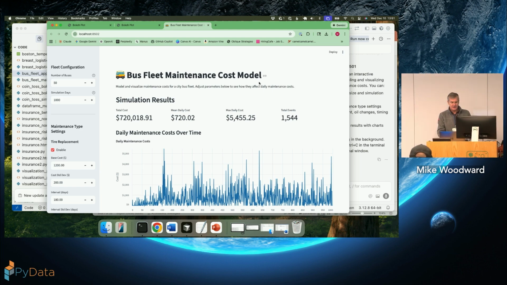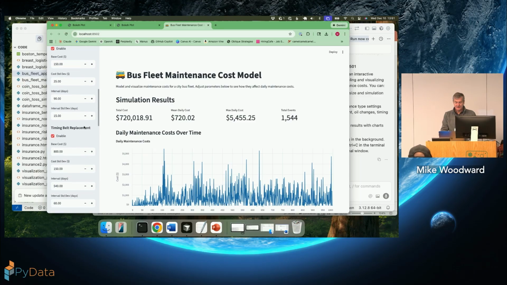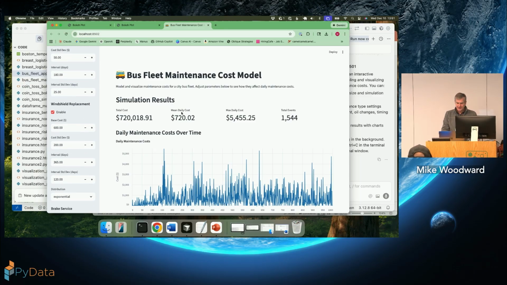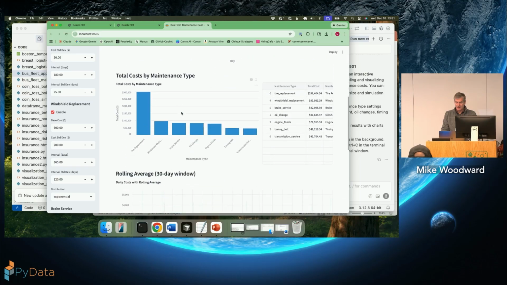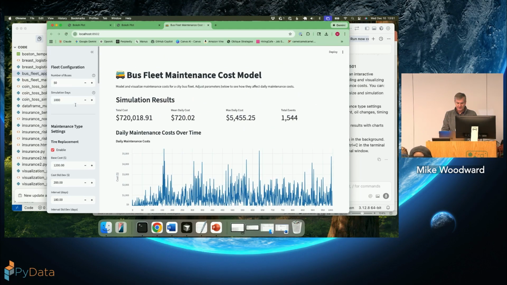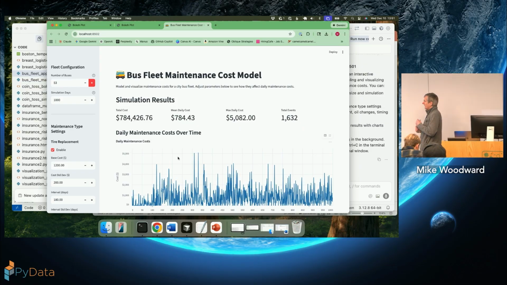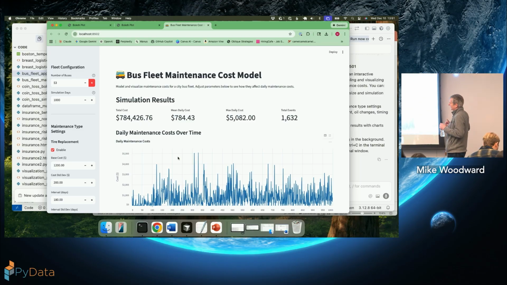On the left-hand side, you can see there are boxes for the various model inputs. And here on the main part, there are all the charts that the model produces. What I can do is things like change the number of buses. So let's make it 52 buses, and you can see the charts update. Right, so this isn't perfect. I would have preferred to have had a multi-tab application. But for half an hour, right? I mean, come on, guys.